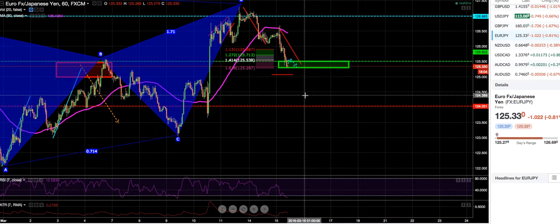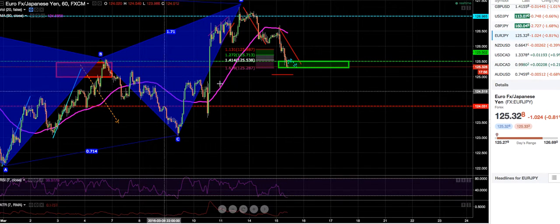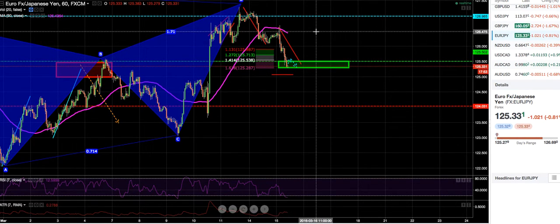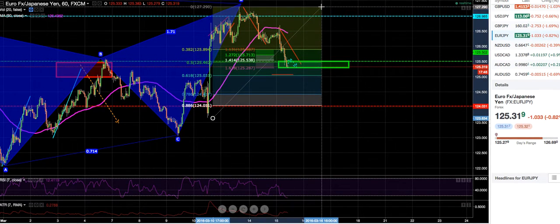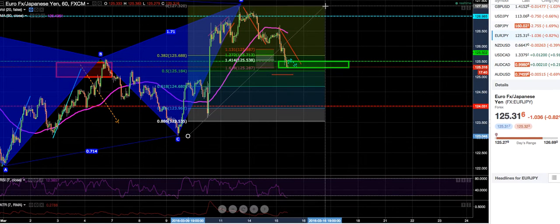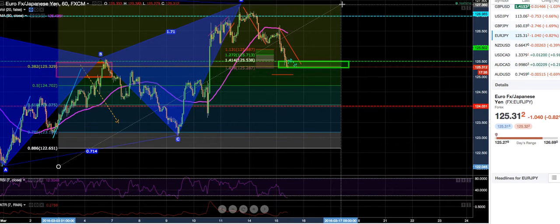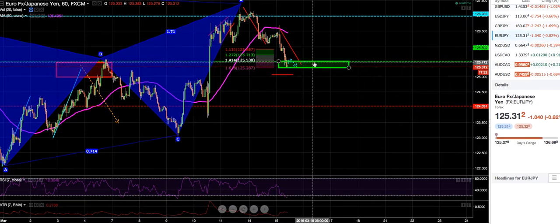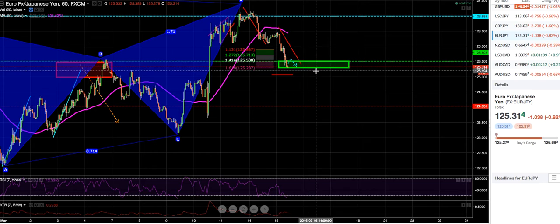So I'm not gonna go long right now just because I have the RSI oversold. We have some structure. We have an ABCD. We have fibs lining up. We have the retracement right here, the 50% inside. We don't quite get the 38. We have 38 right here. So this area right here, we do have a lot of confluence happening right now, but the